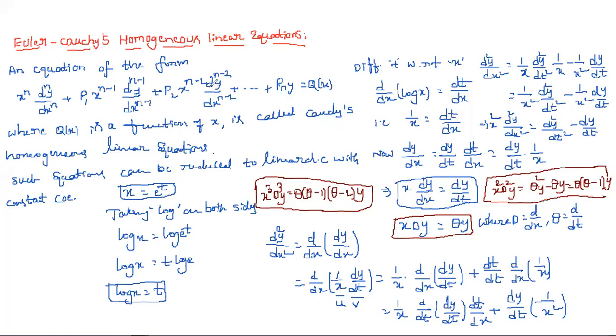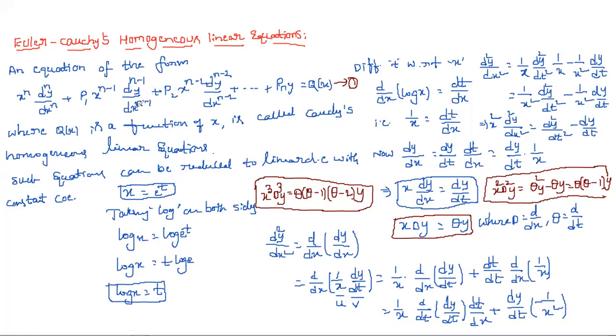Okay, so once you see that, first of all, if the given equation is in the form of this one, then we call these equations Cauchy's linear equation. Our intention here is to convert Cauchy's linear equation into a linear differential equation with constant coefficients. So for that, we need to take assumptions here. So x is equal to e power t, and that t is equal to log x, and from that we have to write x dy equal theta y, x square d square y, and all these things we have to substitute in the given problem.